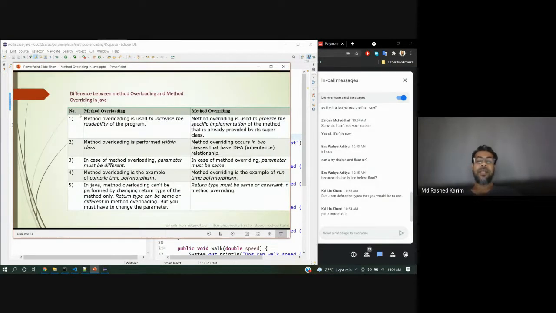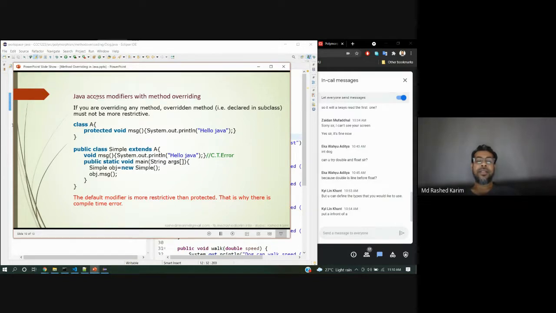This is the difference between overloading and overriding. You will learn it. I already discussed all the things. Now, Java access modifier with method overriding. If you have a protected method and you want to declare the same method in the child class, where the simple class is the child and the other class is the parent, the default modifier is more restrictive than protected.